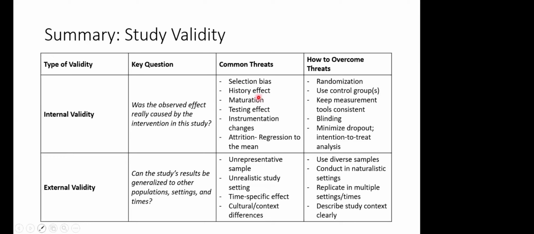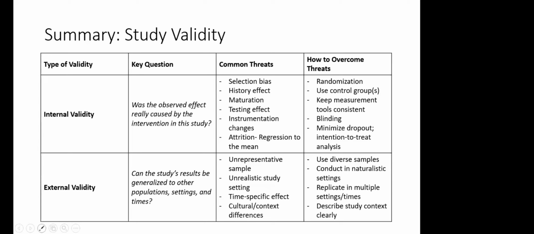Then another threat is history effect, where external events occurring during the study could influence the outcome independently of the intervention. For example, in a smoking cessation study, a nationwide tobacco tax is introduced midway. Because of the tax, there's now reduced smoking in both groups, so that could skew our findings. How do we reduce that? We use control groups experiencing the same events and also try not to use very long study durations to reduce